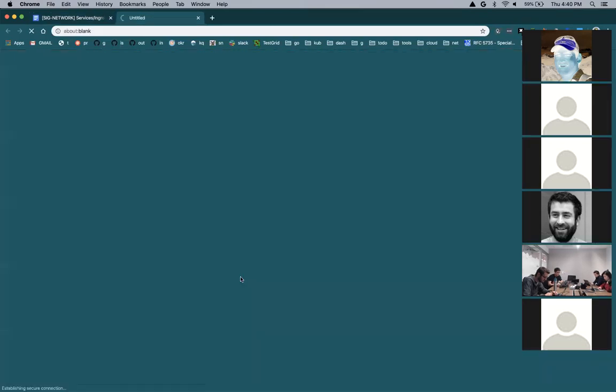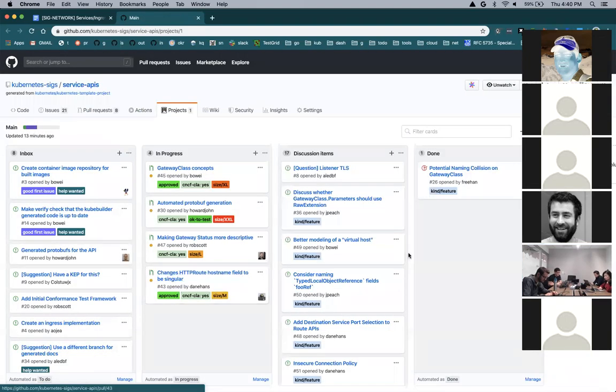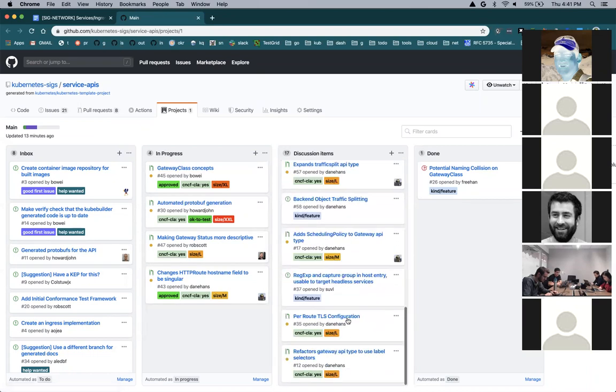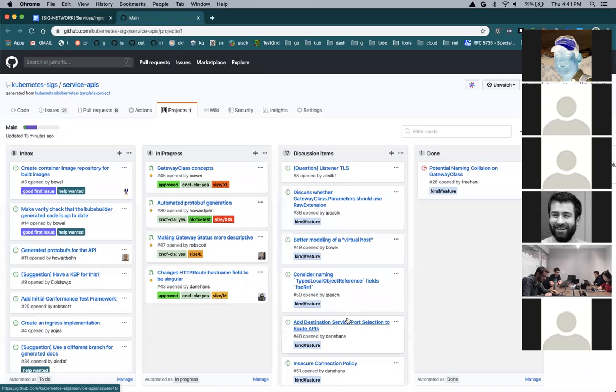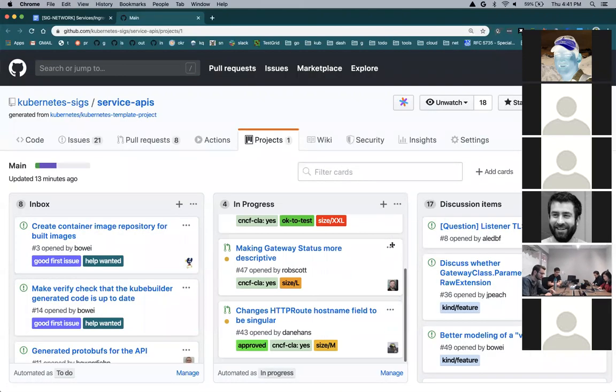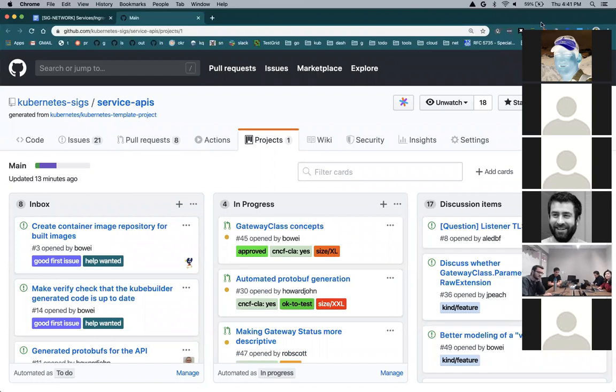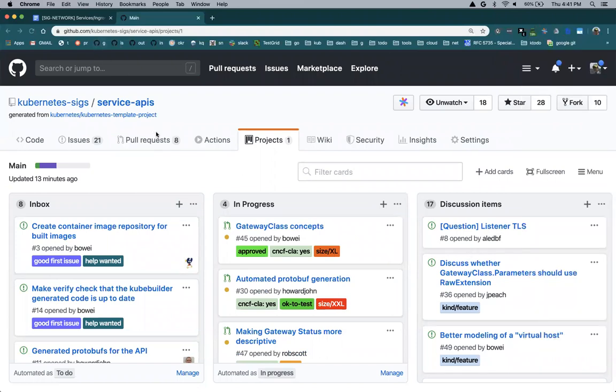So just to show this, we've separated into inbox, which is basically just issues that were filed. The stuff in progress is basically PRs. And then we have the discussion items, which will be the set of use cases that we're looking at. And then for some reason, GitHub lists done, which we just archived. So please take a look at this. And then I think we'll use this as a way to sort of go through the issues. It seems to be pretty convenient. We'll try this out. Any questions on these things?